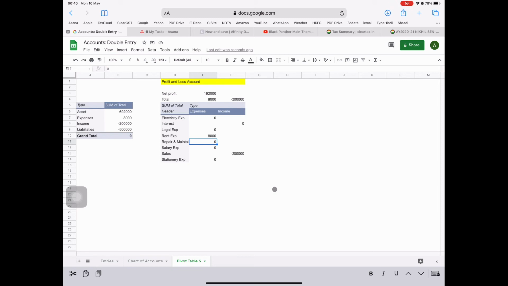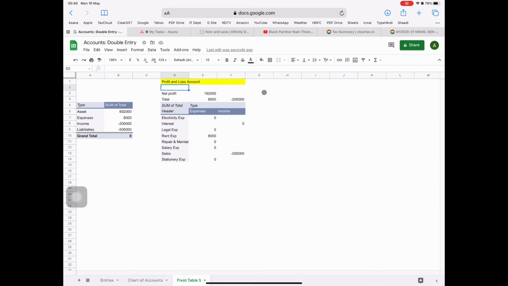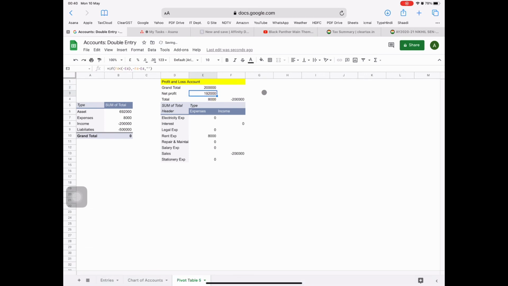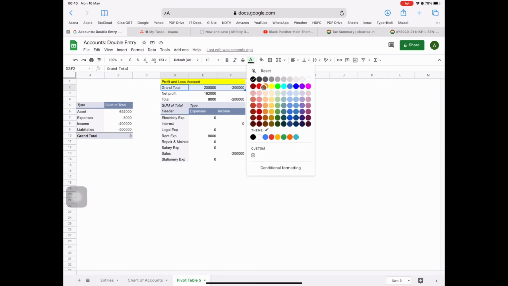Okay, I should highlight that one. Okay, here it is our trial balance and chart of accounts also.